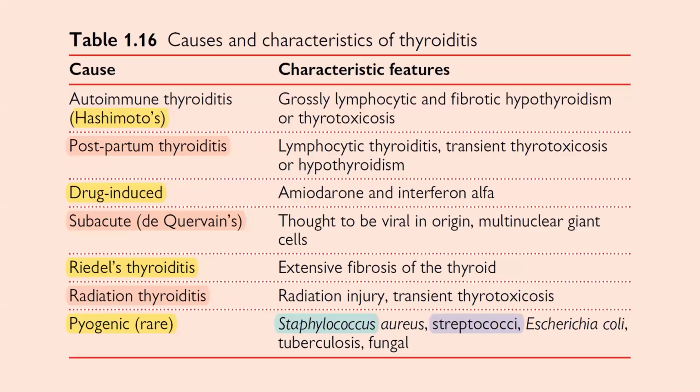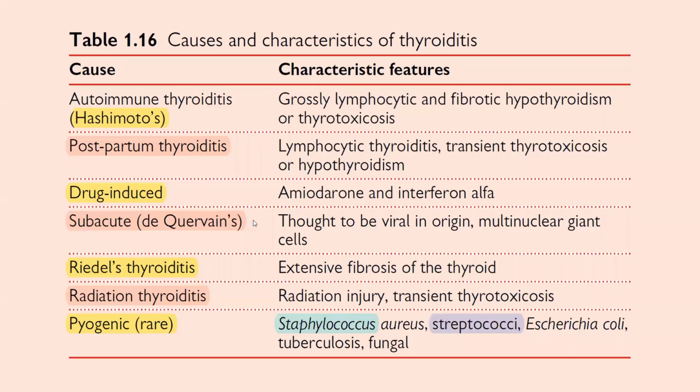And actually this table is very important, the criteria of different types of thyroiditis. So you need to know which type of thyroiditis and how to manage. Autoimmune thyroiditis, what do we mean by autoimmune thyroiditis? Hashimoto and atrophic actually. Hashimoto usually has thyroid enlargement; atrophic is the later stage of Hashimoto thyroiditis, so the thyroid gland usually is not enlarged. Postpartum thyroiditis occurs in the first year after delivery. Drug induced, the most common drugs being amiodarone and interferon alpha.